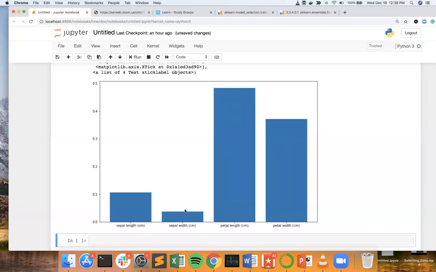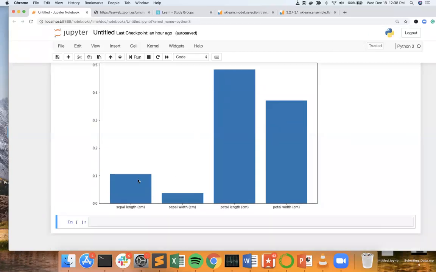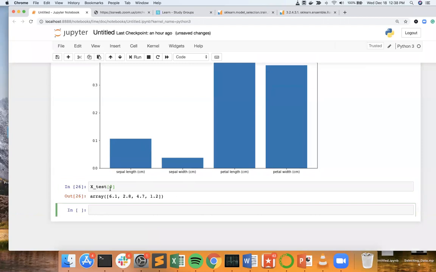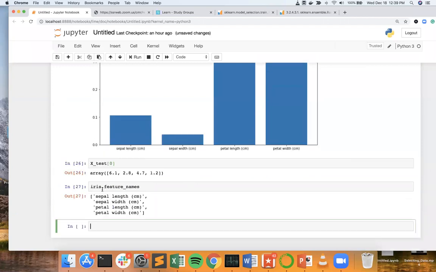Okay. So this is called global interpretability. There's another thing called local interpretability. So let's say I have this example in my X test. I have a flower that has a sepal length of 6.1, a sepal width of 2.8, a petal length of 4.7, and a